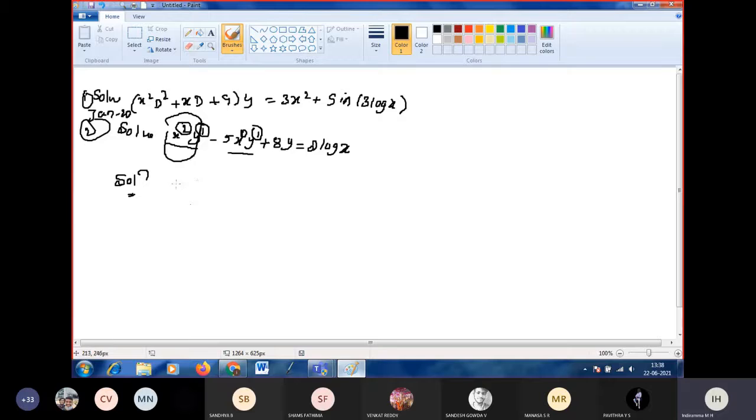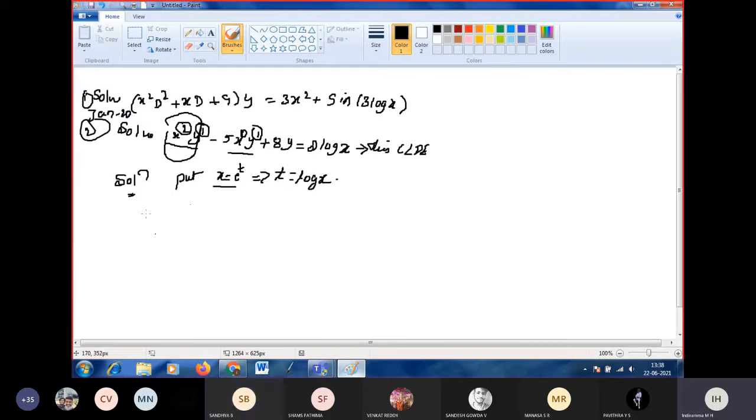Okay, right. Next, for that we have to take the substitution for x first. Put x equal to e to the power t. You can write this is Cauchy's linear differential equation. Since it is a Cauchy's linear differential equation, the first step is to take the substitution for x. This becomes t equal to log x.